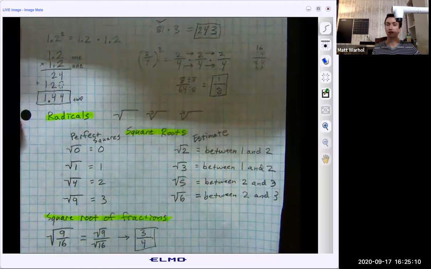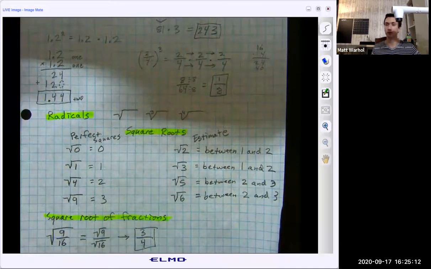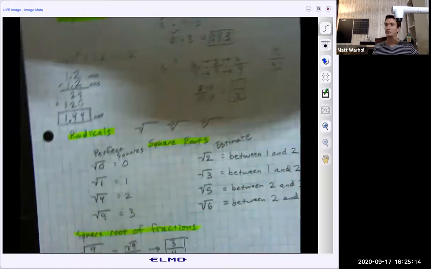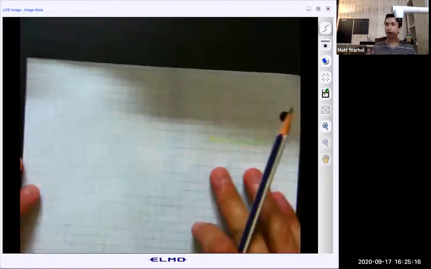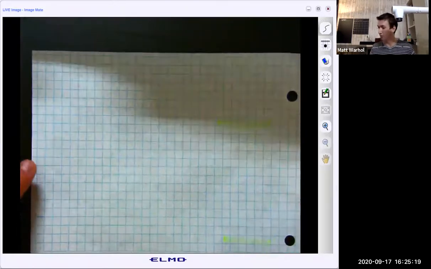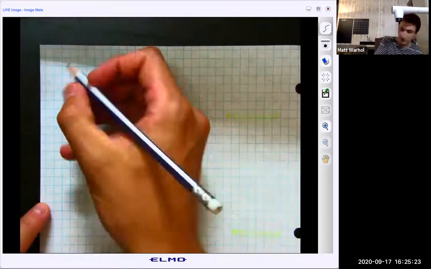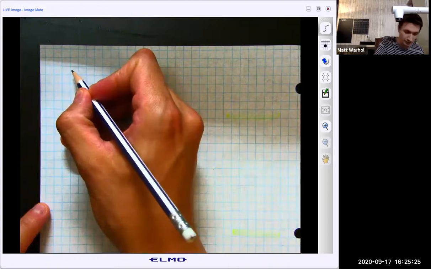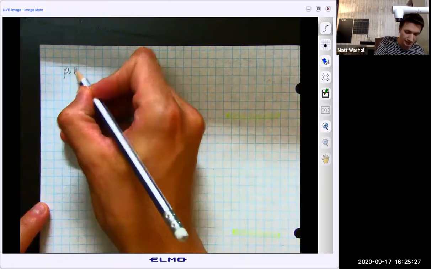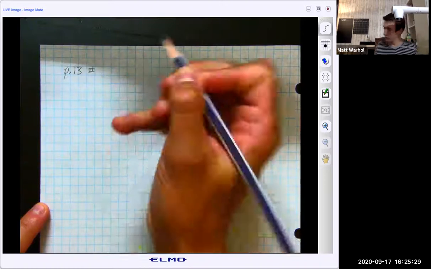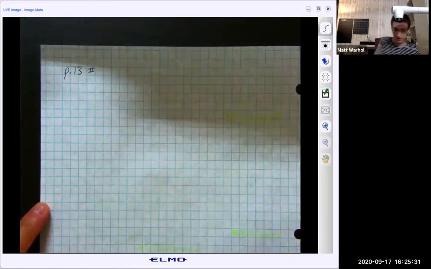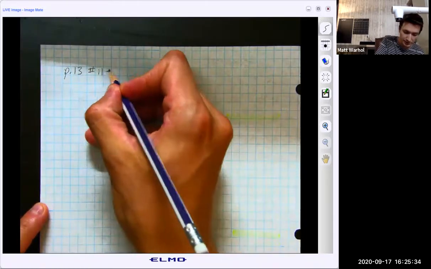Let me tell you your assignment, and I'll also post the assignment in Schoology as well. Okay, just like before, you can continue on your paper. I'm out of room now, so I'm flipping it over. We're going to break this up into 2 different pieces. First, we're going to do page 13. We're going to do numbers 11 to 14